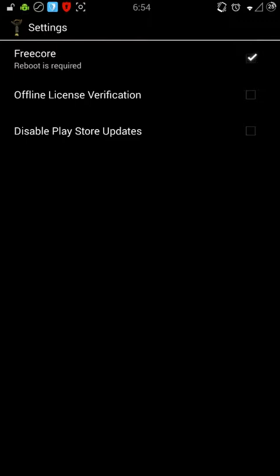But this only works with DODEX ROMs. It does not work with ODEX ROMs. So that's another problem. You must have a DODEX ROM to run this. Sometimes your stock ROM may not be able to run this app. But anyway, once you have enabled FreeCore,